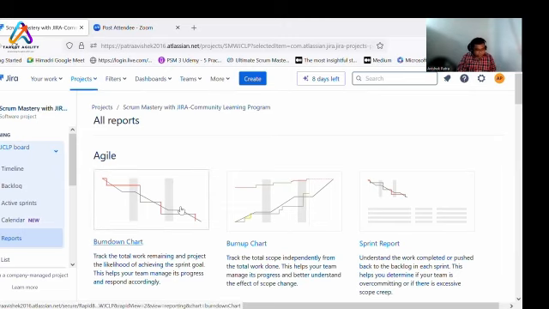Going to the next part, which is basically the JQL part. So we will use the JQL and our dashboard together so that it becomes very easy for you to understand. Okay. We will go to backlog.